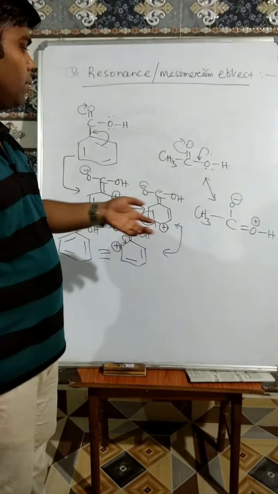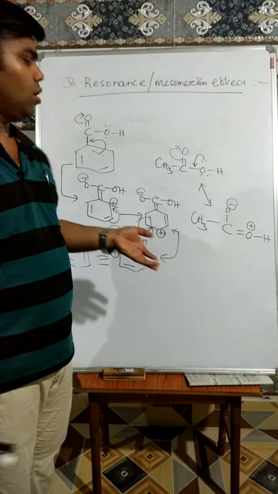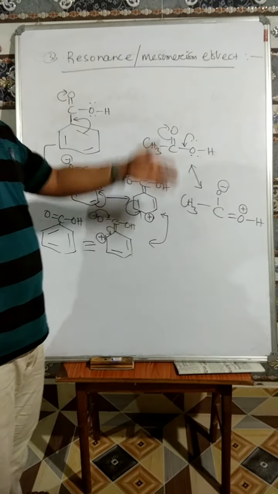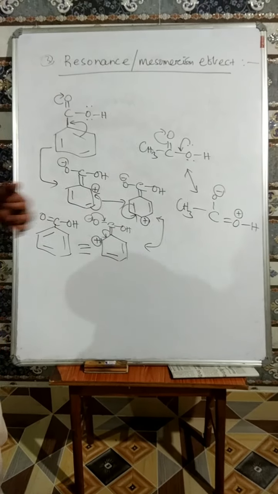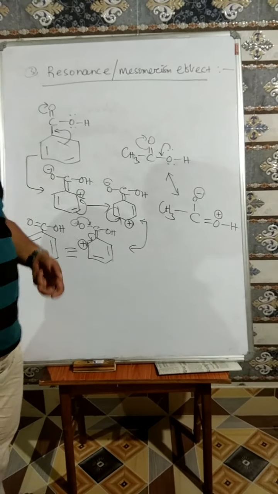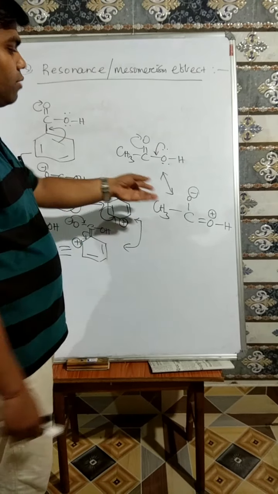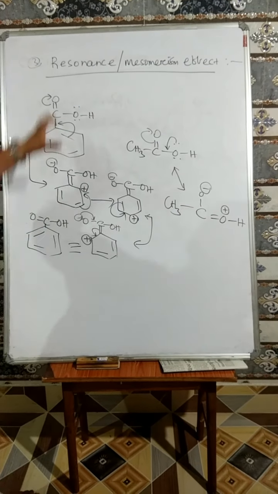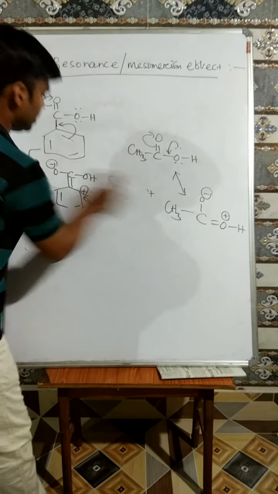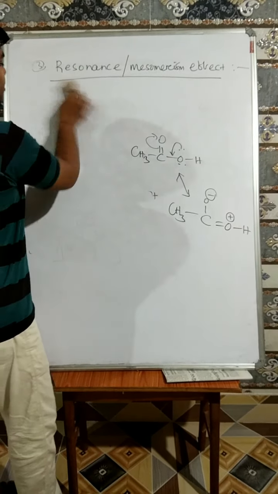We remember if a compound offers a greater number of resonating structures, then we can say it is resonance stabilized. So in benzoic acid and acetic acid, benzoic acid is more acidic because benzoic acid can offer more than 3 resonating structures, but in acetic acid we just get one resonating structure. So we say benzoic acid is a stronger acid in comparison to acetic acid. So in general, all the aromatic acids are strong acids in comparison to aliphatic carboxylic acids.